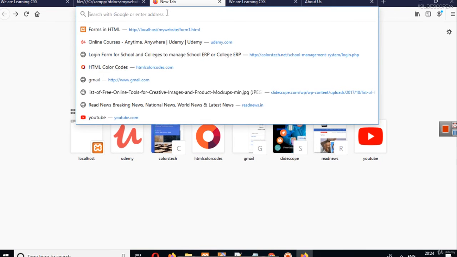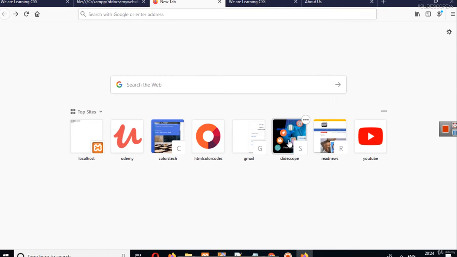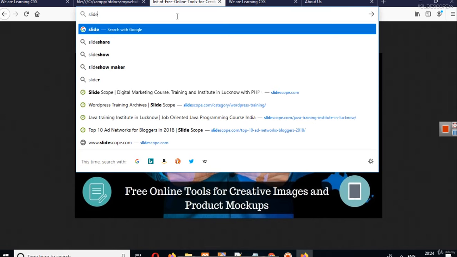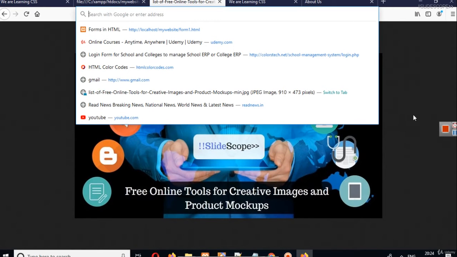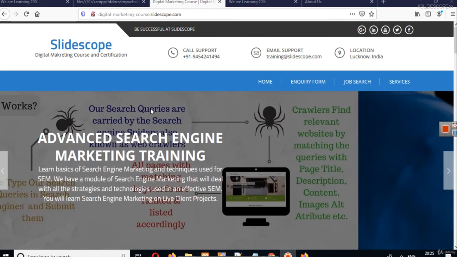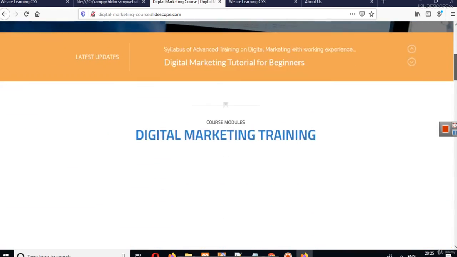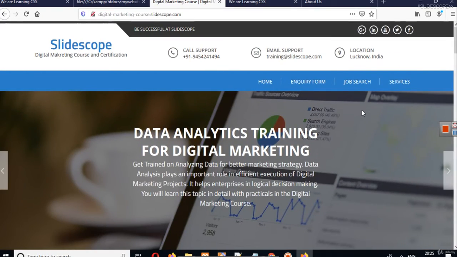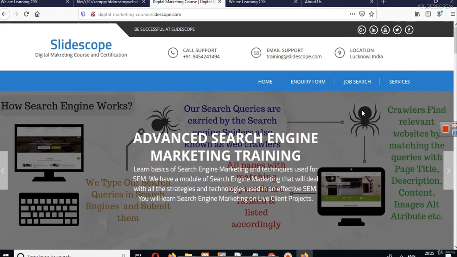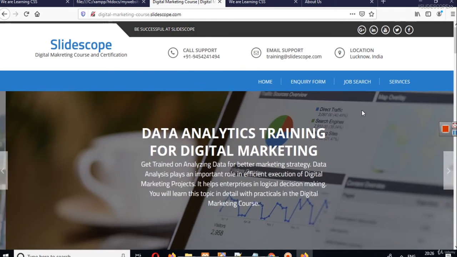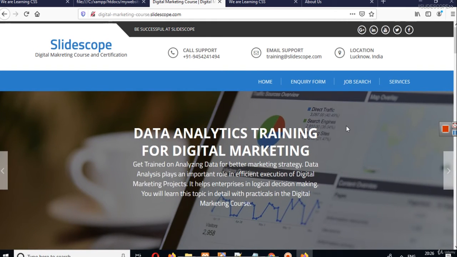Let's open a website here. Let's say we want to open SlideScope here, or let's open any website. You can see here this is a website. So in this website we have the home page here. So the home page has a different template. This website is created using WordPress, and we have used a theme of AccessPress themes. So in WordPress, AccessPress themes, Enlighten theme is this, I think.